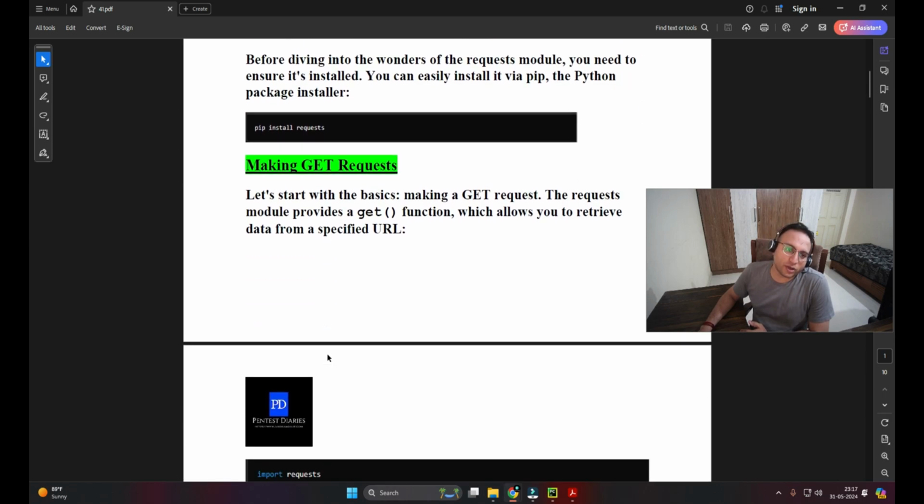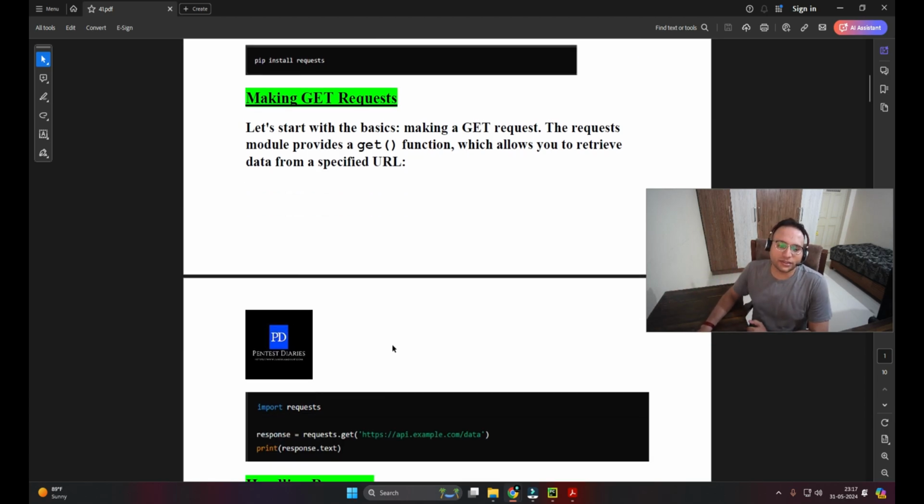Going further, talking about making a GET request, let's start with the basics. The requests module provides a get function which allows you to retrieve data from a specific URL. So if I want to retrieve some data from a specified URL, I simply have to put the URL, and this is the syntax you are seeing right now. requests is a module, and inside it there is a get function. So we simply have to